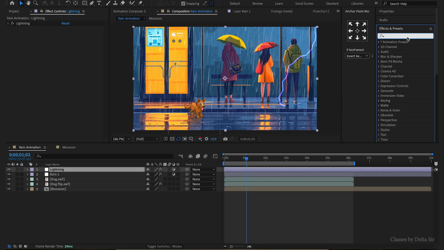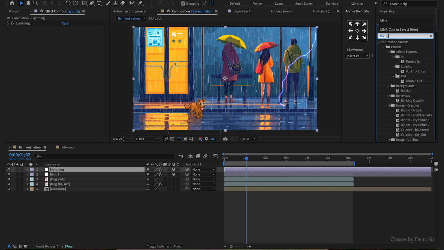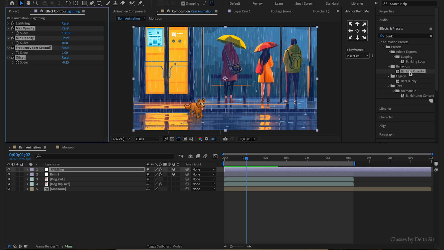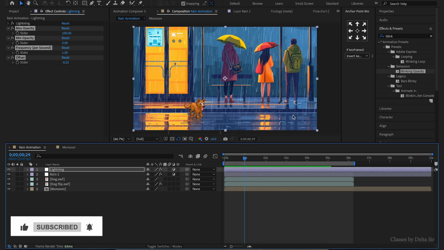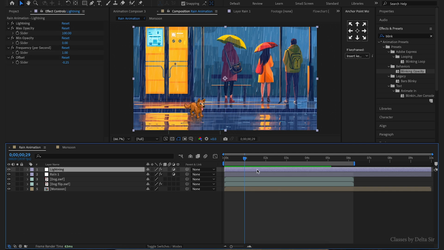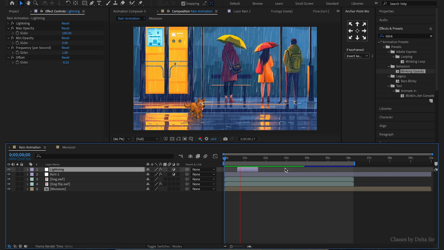I'll add another effect, which is blinking. Now if you see, this will appear and disappear, right? So I'll take one appear to disappear and cut it. If you see the scene,